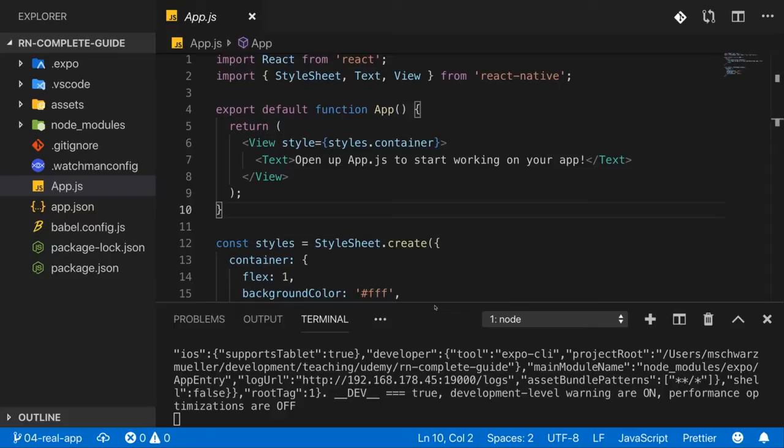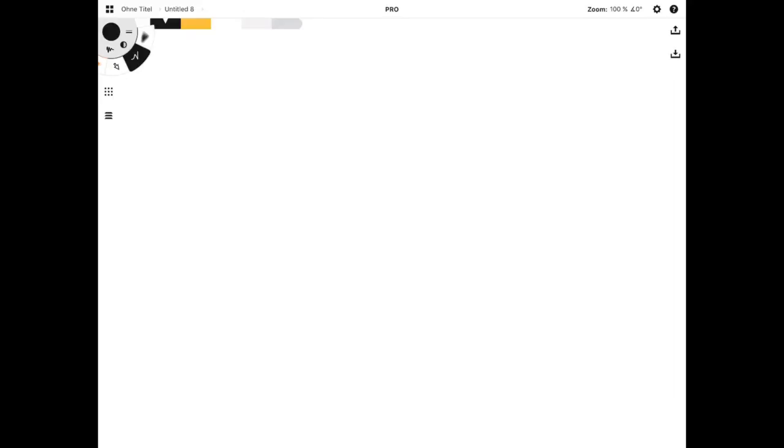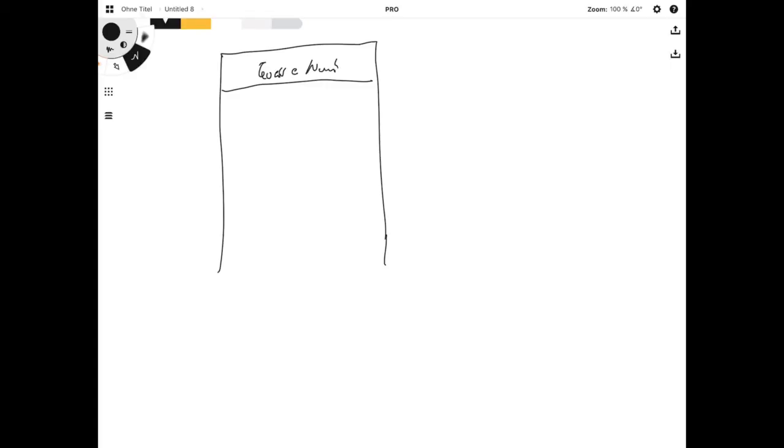Now, the important question, of course, is which kind of app do we build here? What is the goal of this module? In this module, we're going to build an application where I want to have a little header at the top, so a little bar at the top, which simply displays the title, which is guess a number, because we'll build an application where you enter a number and the computer, the app, will try